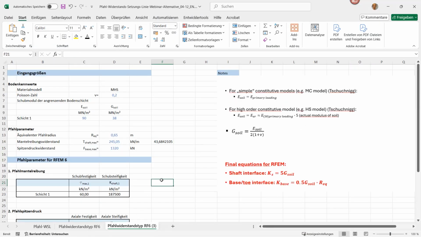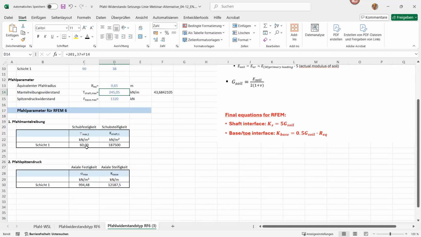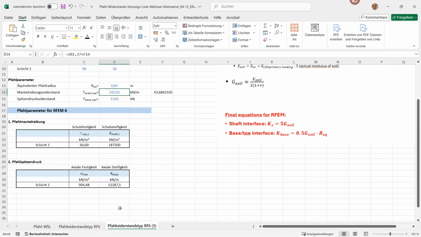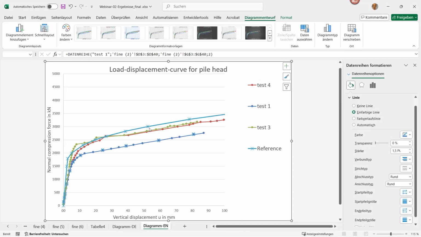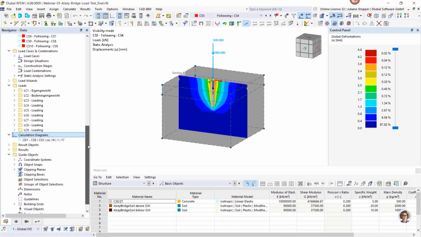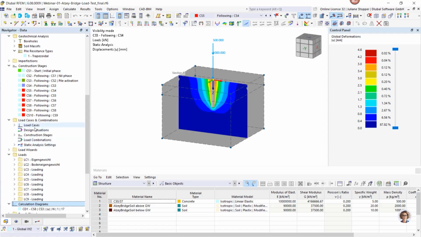Then I went here, I did calculate the difference roundabout, and did calculate a new shaft friction value, and did calculate a new shear strength. So we had this before, and now we went with 60, and then it was close enough. So yeah, with this input value I did calculate it new. We can see here also, this is with the model of the first results, and here it's with the adjusted